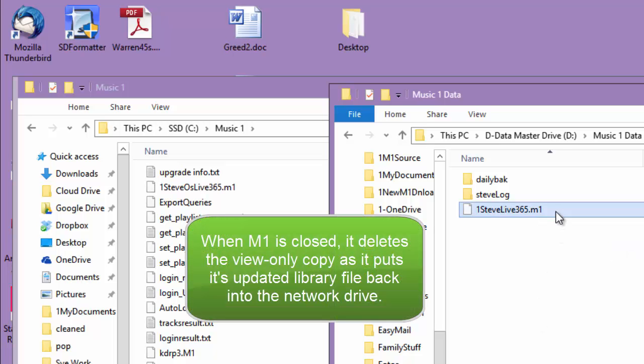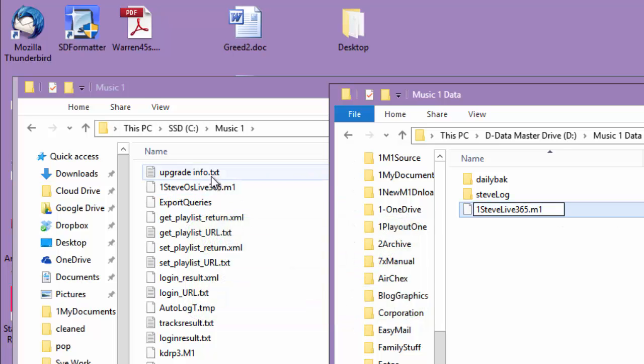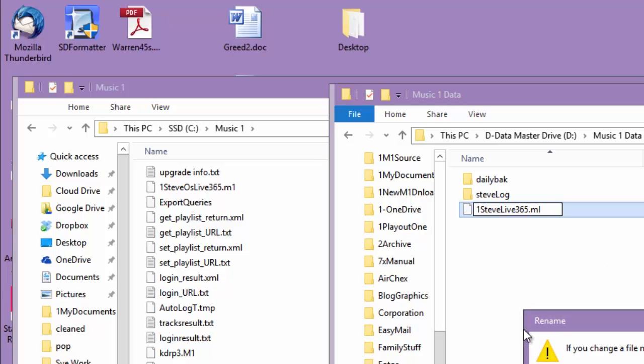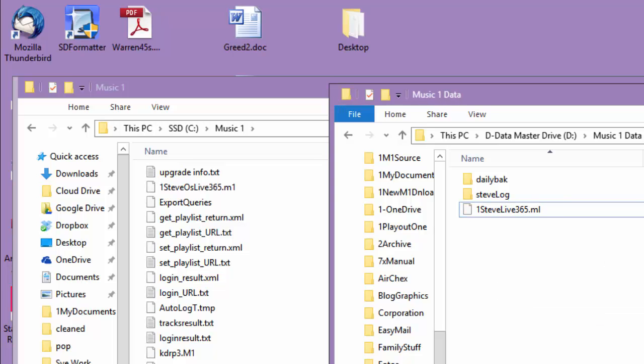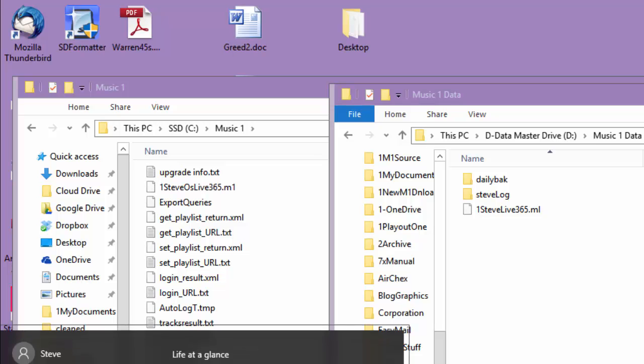If you ever have a problem where you cannot get into Music One, the read-only temp is gone from here, and this has remained a .ml. That sometimes happens when you're running Music One on the network. You lose a network connection before you quit. You quit Music One, you can't write it back to the network drive, and you may be left with a .ml. So if you're left with a .ml file like that, now what happens when I start Music One is